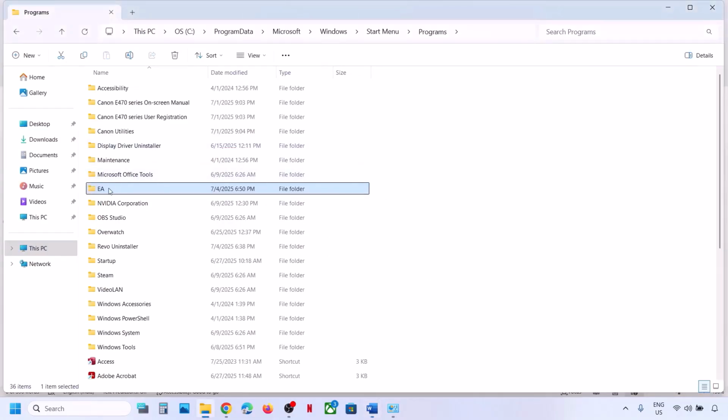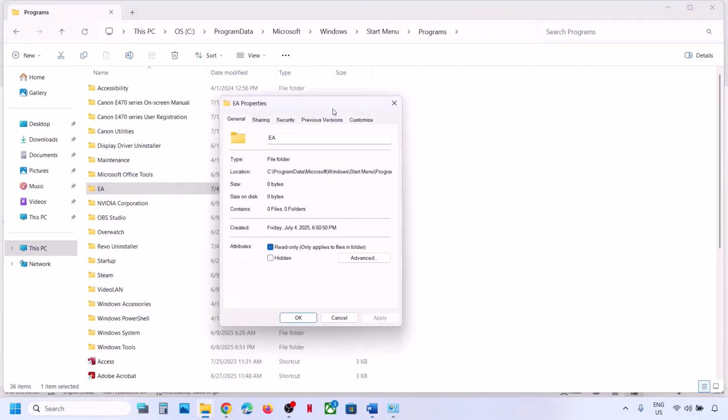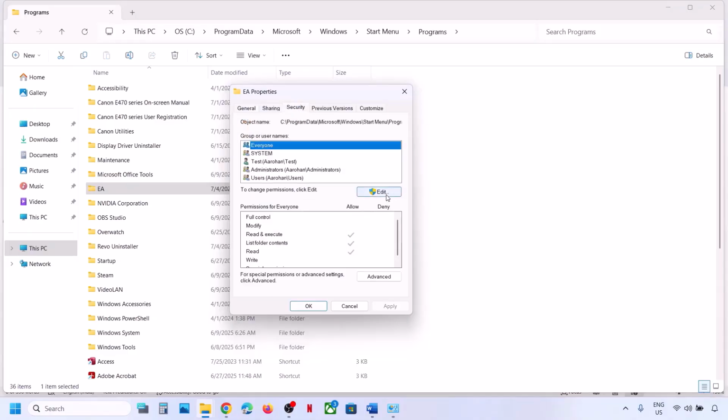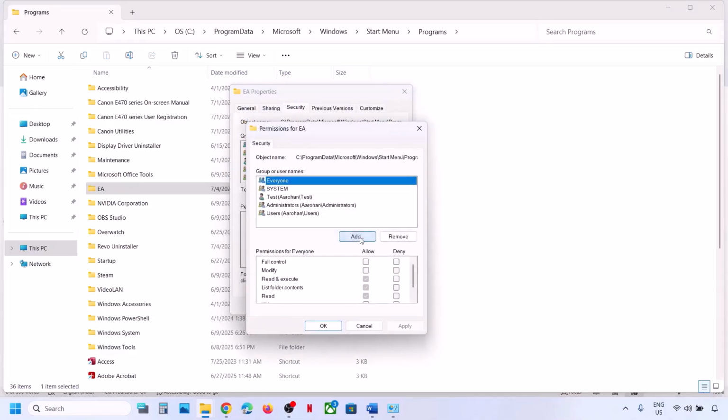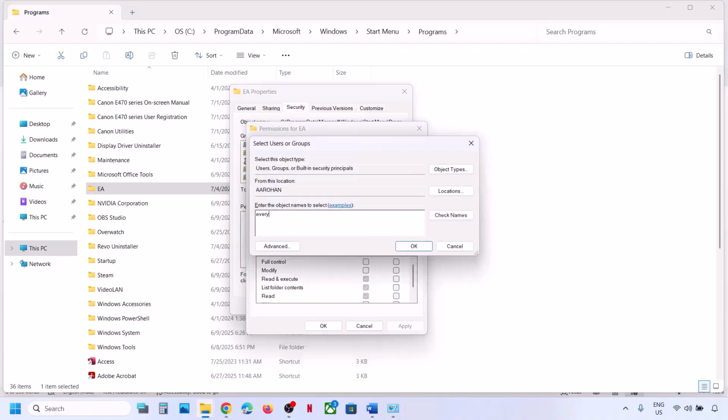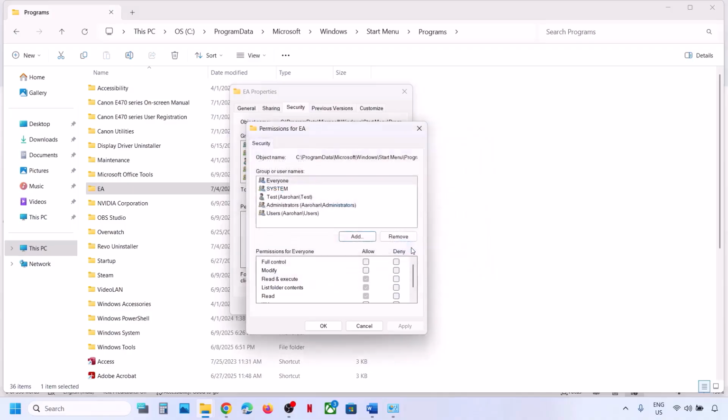after that you make a right click on the EA folder, and then go to properties, go to the security tab, and then click on edit over here, and then click on add, type in everyone over here, and then click on check names, and then click on OK. Now once you type in everyone, now you have to click on full control over here, and then hit apply, and then click on OK,